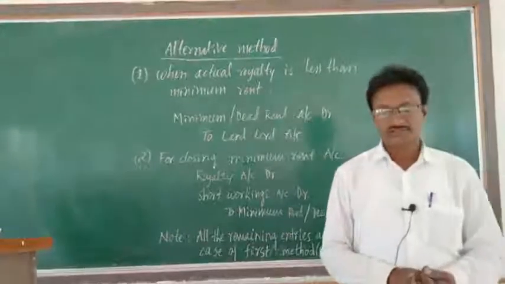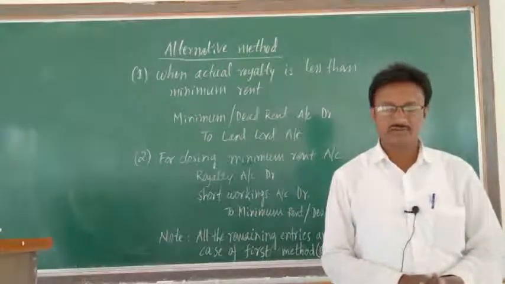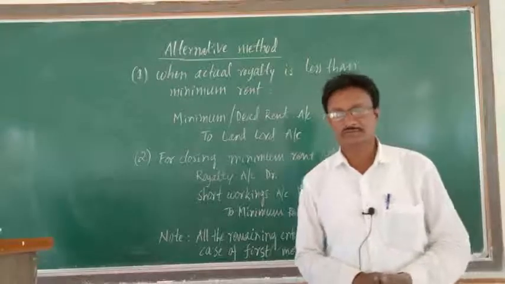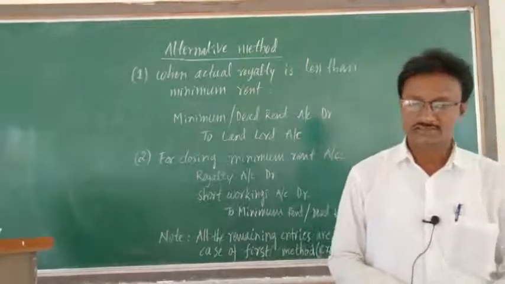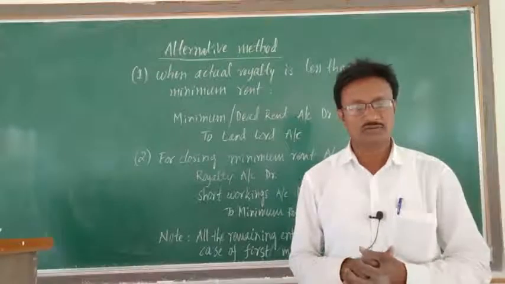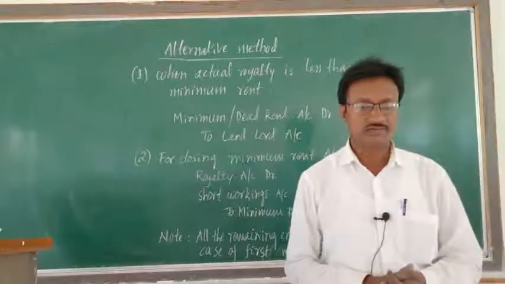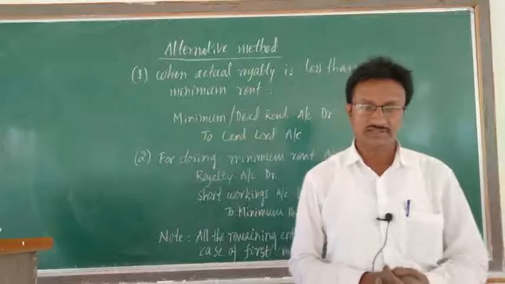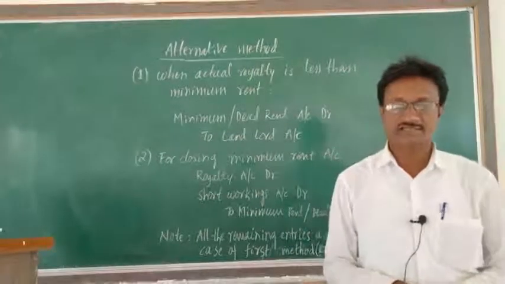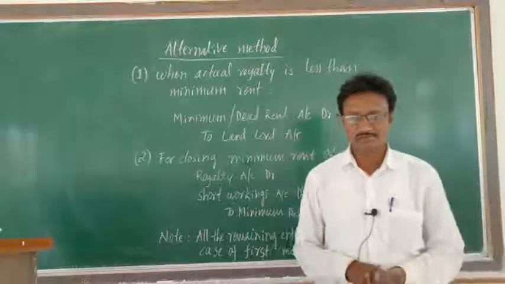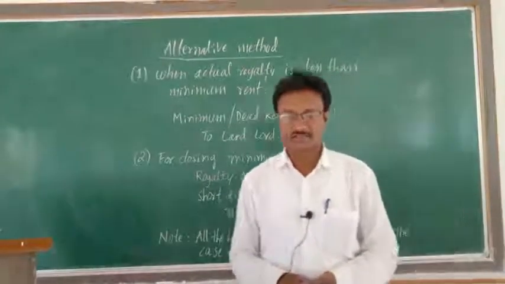Also, the journal entries for payment of royalty to landlord, for closing royalty account, for recovery of short workings, for irrecoverable short workings, all entries are the same as in the case of the first method. In the next class, we have to